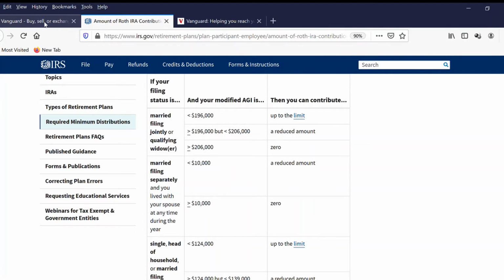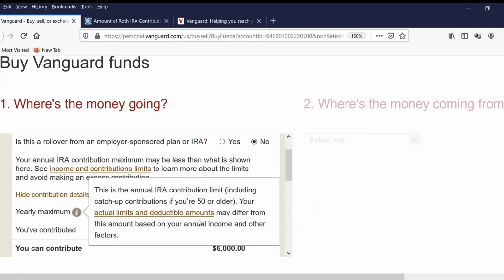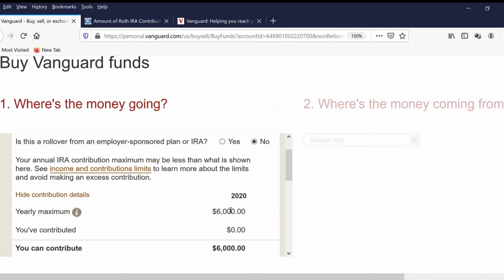Okay, and then after you know all of that, now look at the yearly maximum. So yearly maximum is $6,000. And you contributed zero balance at this time for 2020. You can still contribute $6,000. So this person can contribute the maximum. Now you click on here, hovering over it,